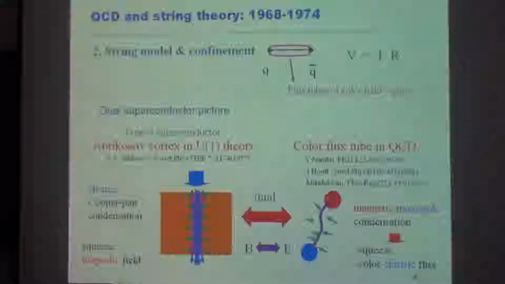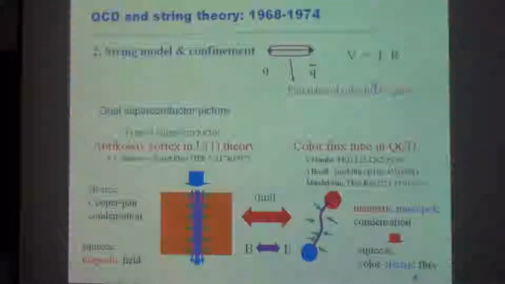So actually, the string model is related to confinement because this gives you this linear potential between the two quarks, the quark and the antiquark. So this string picture, of course, can be...